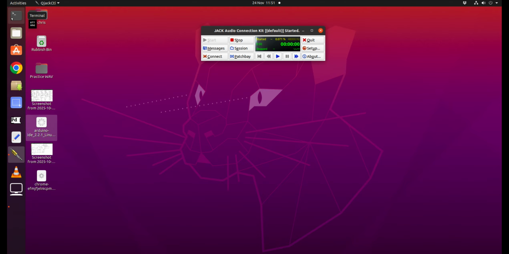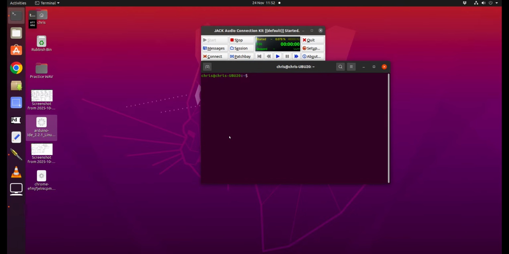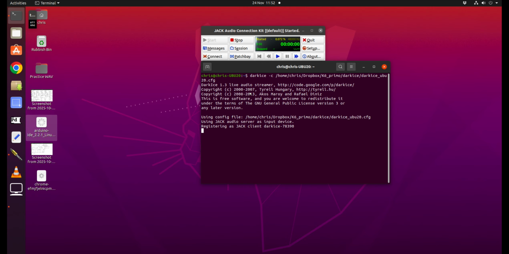Once you've done that, you need to go to terminal, click on terminal, and choose with the up button the configuration instructions for Darkice. So click on it twice and you get to this file, K6 Primo Darkice Ubu 20, or you could type that in from scratch into the terminal, and you just hit return, and that will start the Darkice